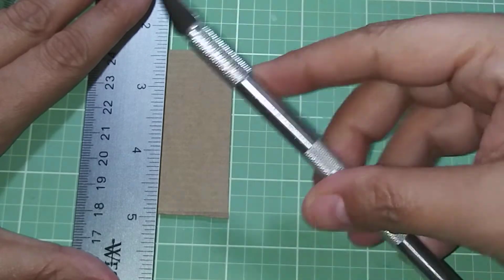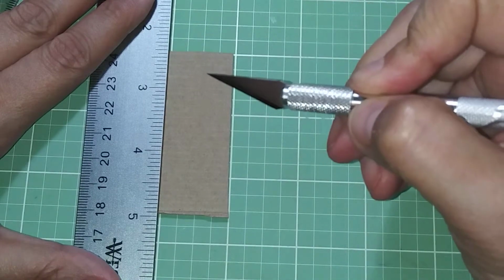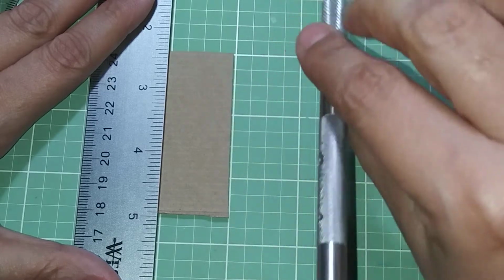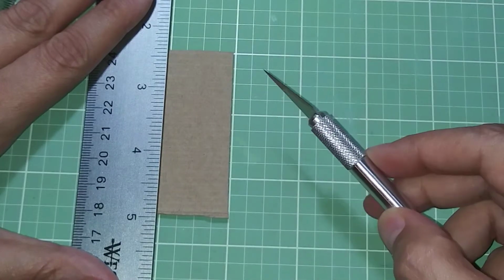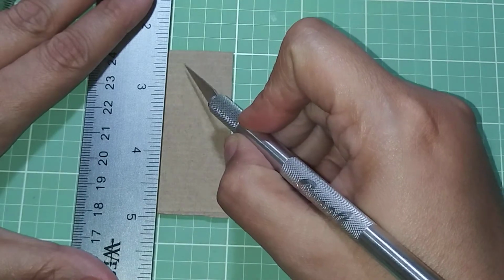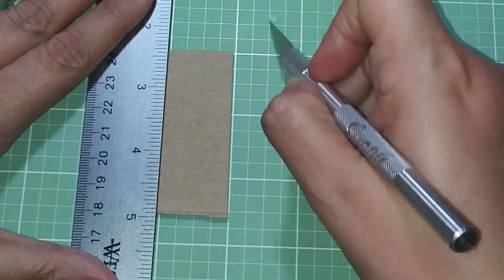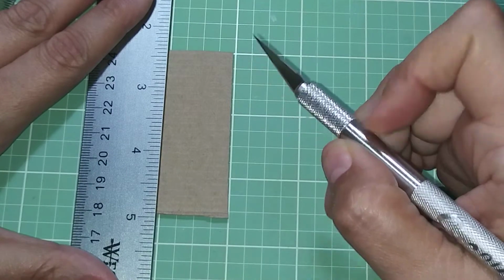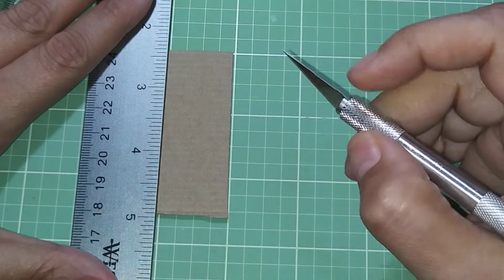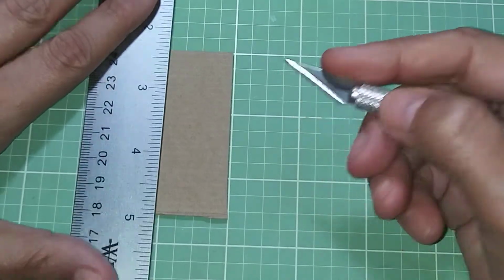A reinforcement of what they showed me. For whatever reason, that day he grabbed it, instead of grabbing it here, he grabbed it up here. And for whatever reason, the scalpel or the knife was backwards. So when he went to put pressure on it, if you've ever used an X-Acto knife, you have to put pressure on this finger right here, because you're pressing down to cut, right? To put pressure where you're cutting. Well, for whatever reason, he thought he was here, and he actually had the knife backwards, and he had his finger up here. So when he went to put pressure, he sure put pressure, and it went right through his